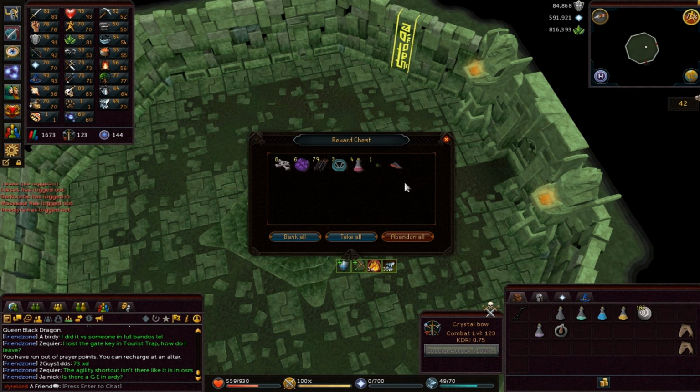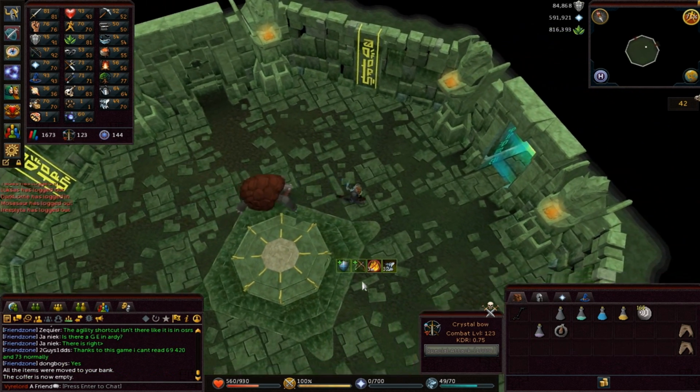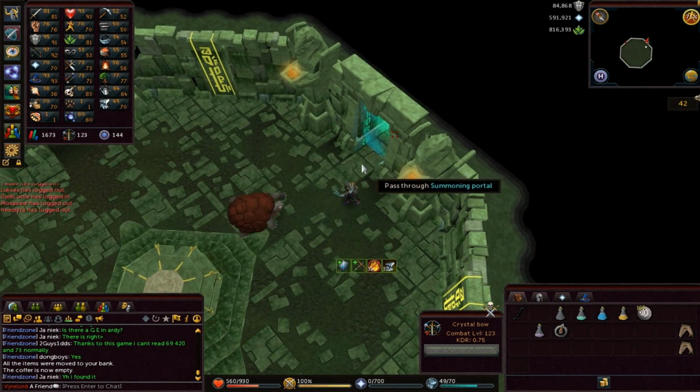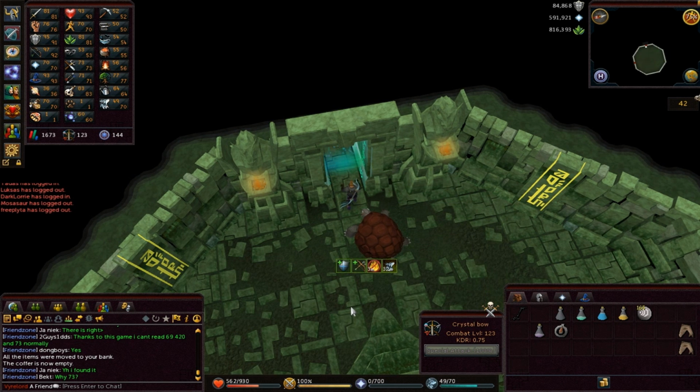I do have one, but I need the white piece. Still quite happy as I did maybe 22 kills without a piece. So it's about time. Oh, wanna see something? Look, if I try to pass through this. Now, if you didn't know, QBD lair is actually in Wildy, so you have to go through Wildy to get there. It's not in Falador. But if I click on escape and click on surface, I'm gonna...